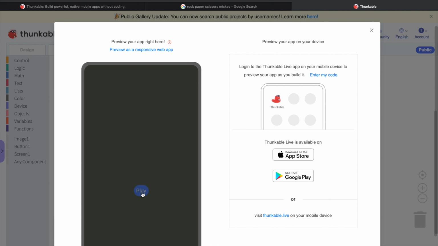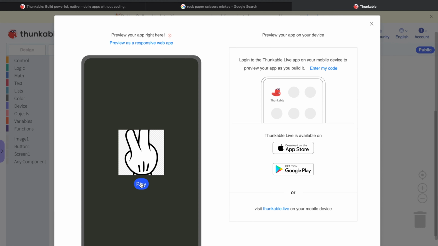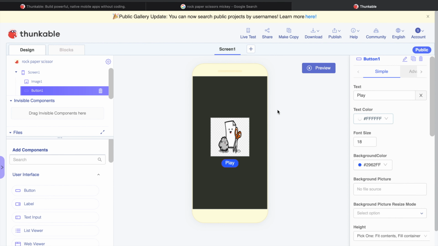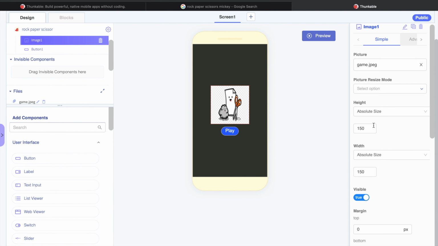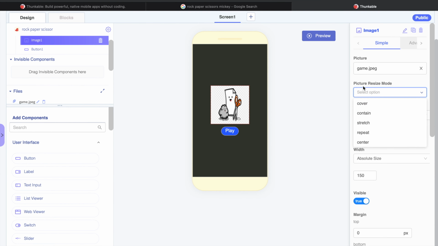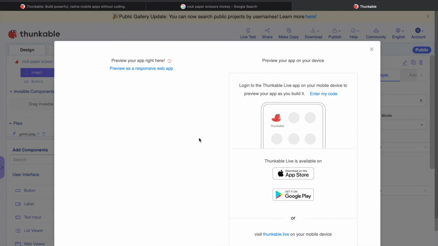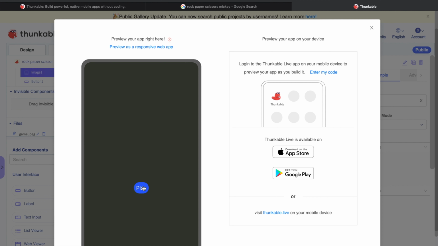but it looks like the images are cut out a bit. Some of the images are cut out, and I don't want them to be cut out like that. So if I don't want them to be cut out like that, I go to design and go to image and choose picture resize mode as contain. Now let me live test it. So if I click on play,